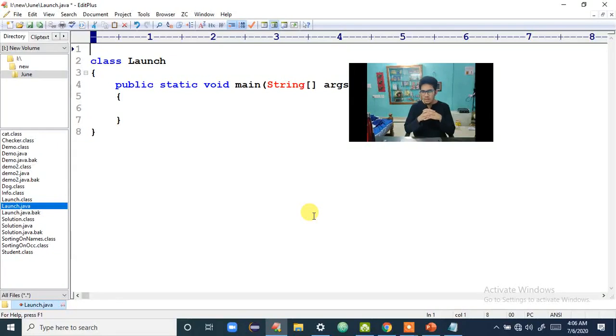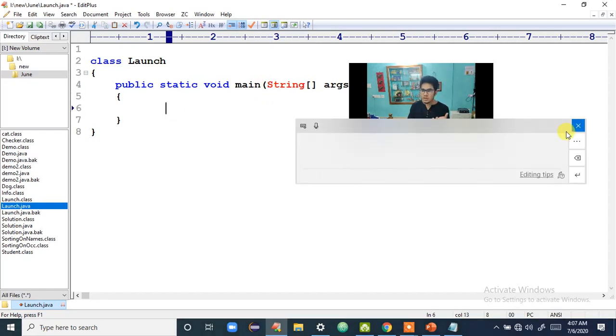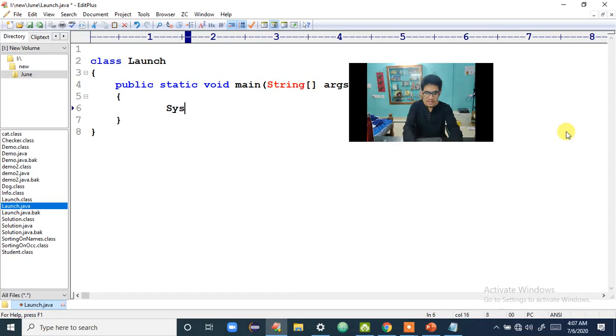So we'll do a quick recap on the important point of the last class. What is that? Let's say if you want to use any class, for example, you can see here in the program I have written String. If I write that String in uppercase, that means it is a class. One more class we have been using is